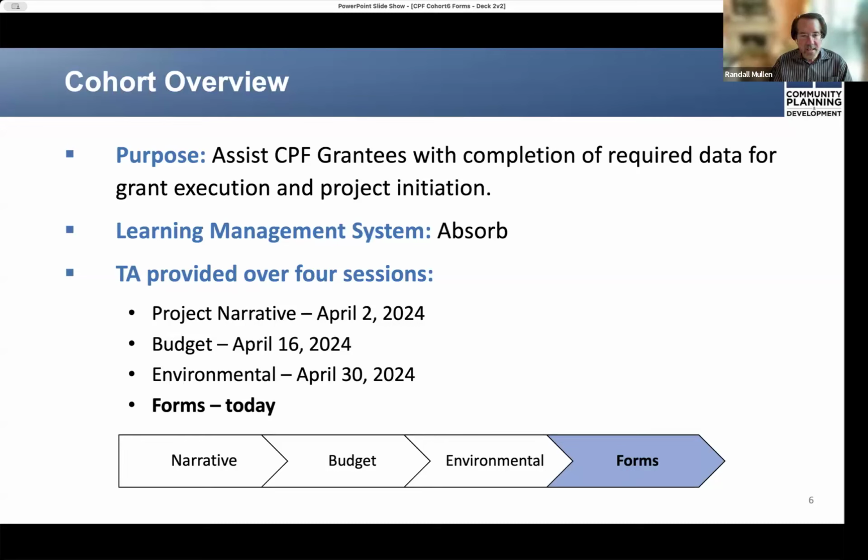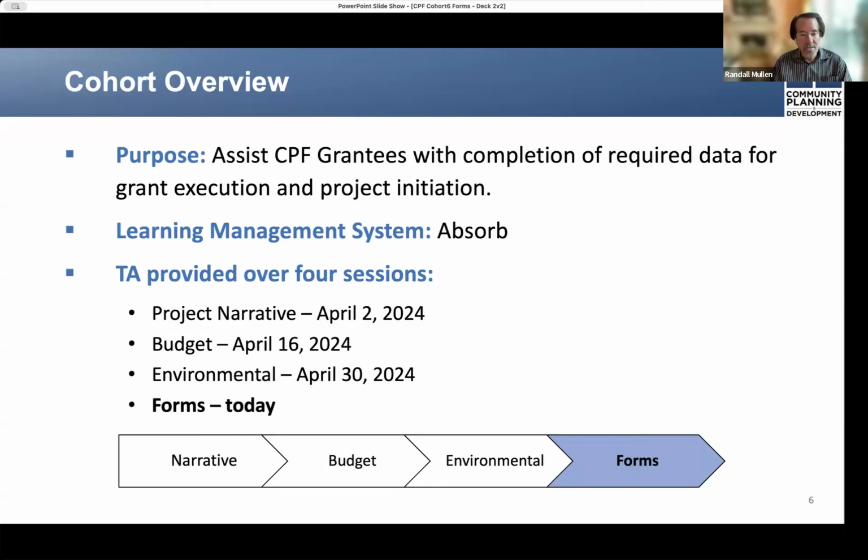To facilitate and support this cohort, you are enrolled in a learning management system called Absorb, which is hosted by TDA Consulting.